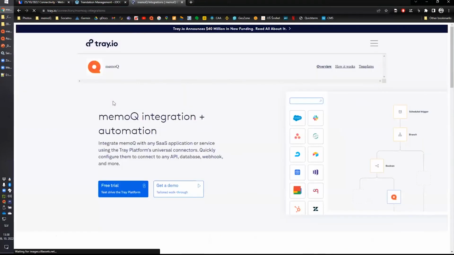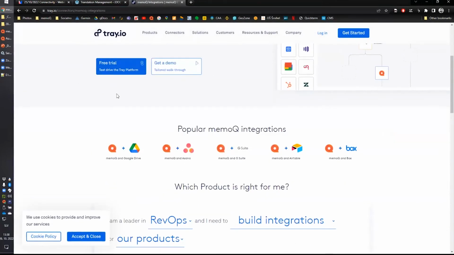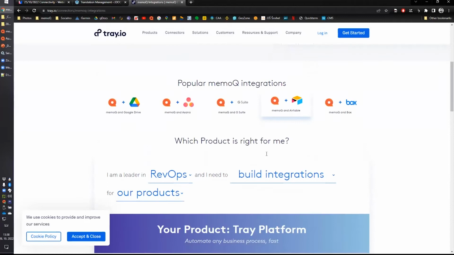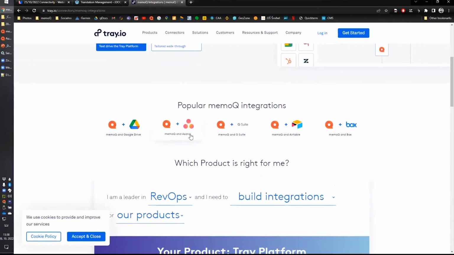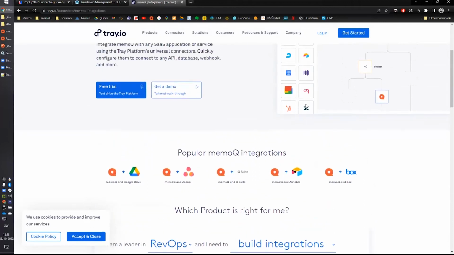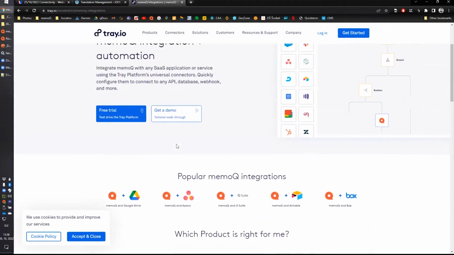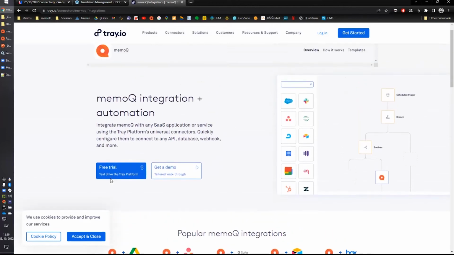Wow, okay. But then I was checking, and there were all sorts of products. I didn't know we have an Asana connector, or Google Drive or Airtable. Seriously? And Zendesk, this is also a popular one. I was curious, and I actually wrote to them and scheduled a discovery call. And guess what? It turned out that they don't even know what memoQ is, and they don't offer any connectors